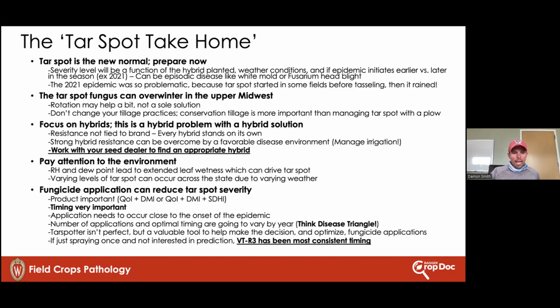In terms of in-season management, those fungicides, yes, are a decent tool. We do tend to get a response. It's usually out of that single application, and your window of opportunity is VT to R3. That's been a really consistent timing for us. And unless it's going to shape up to be a really bad tar spot year, which is too early to tell, I'm not certain we're going to need 2 passes or that late application to help that crop finish out. I think if you can concentrate on getting that one application of a 2 or 3-way mode of action out, you are going to be in good shape and be able to protect that crop.